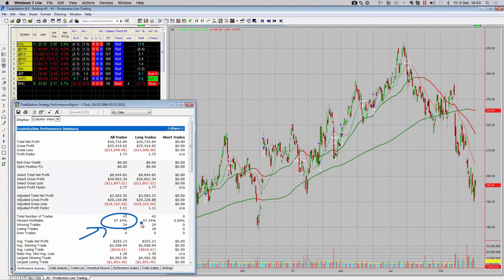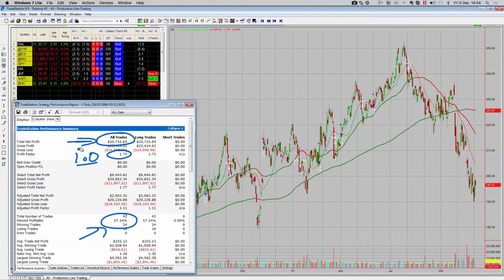That's good, 57% of the time. In isolation, we want to ignore that. So we want to go to, is it actually making money? It's making about $10,000 and a profit factor of 1.7. That's pretty good. About 1.7, 1.75 is what I would be looking at. If we're looking at a profit factor of 1.0, I'd probably not be too excited.